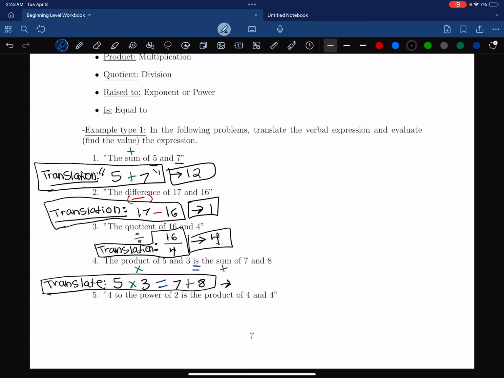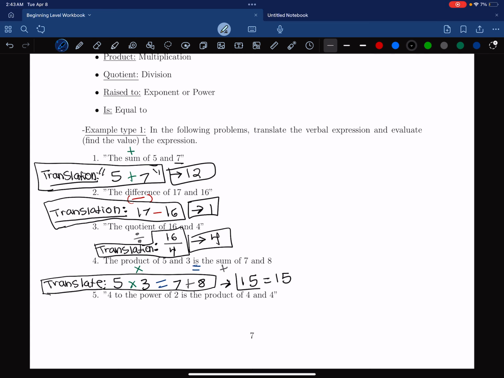And then now if we evaluate this, 5 times 3 is 15. And then we're going to put that equals, and 7 plus 8 is also 15. So 15 does actually equal 15. So this makes sense. And looking at example 5, we have 4 to the power of 2 is the product